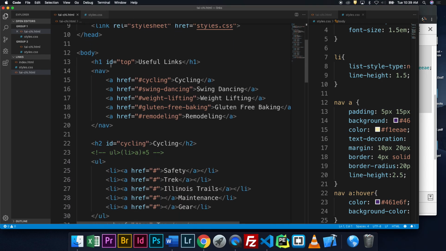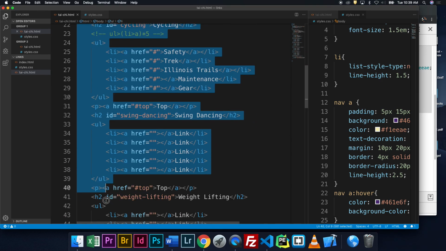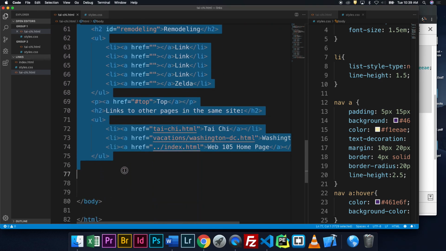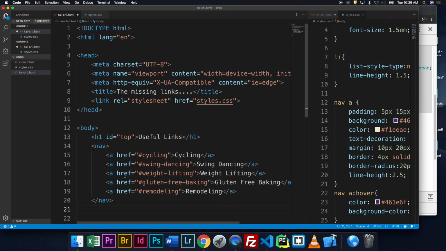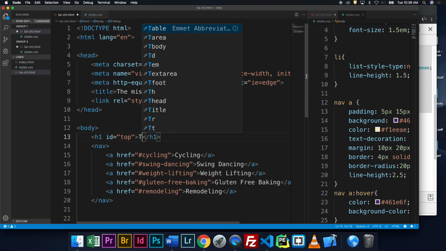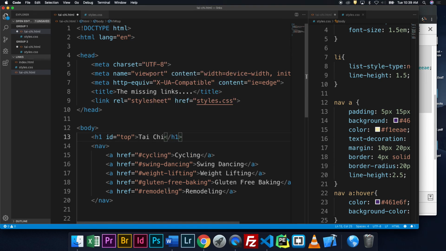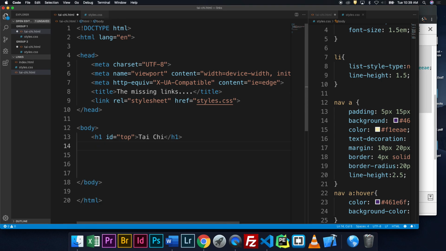And I would potentially pull everything else out. And one of the things you actually want to get in the habit of: instead of Useful Links, I would change this up here to be Tai Chi. And we'll get rid of the nav. But by doing it this way, I now have a blank format that's pointing at the same style sheet. And if I had navigation for a whole site, I would have left it alone. But now if I go out here and refresh,